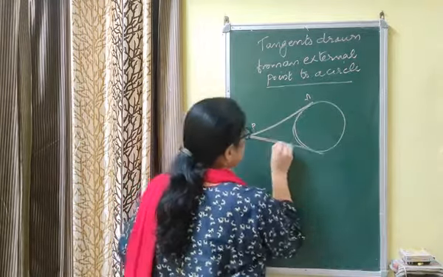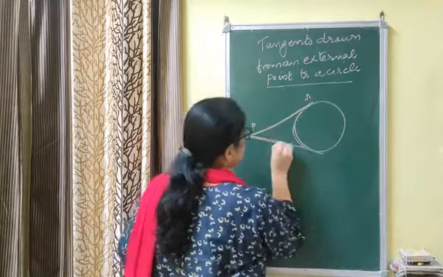That means this is center O. From an external point to a circle, we can draw two tangents, and theorem number 2 is based on the length of tangent from external point to circle. सर्कल के ऊपर आप बहुत सारे टेंजेंट बना सकते हैं, बाहर के पॉइंट से आप सिर्फ दो टेंजेंट ही बना सकते हैं. नेक्स्ट इज थ्योरम नंबर 2.